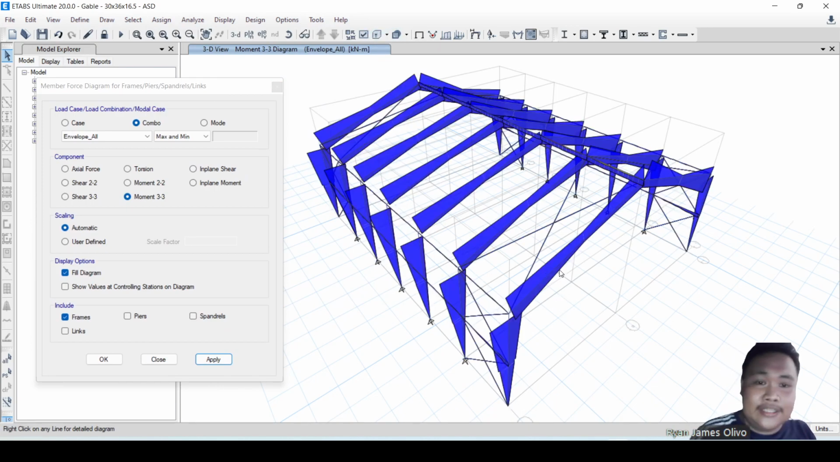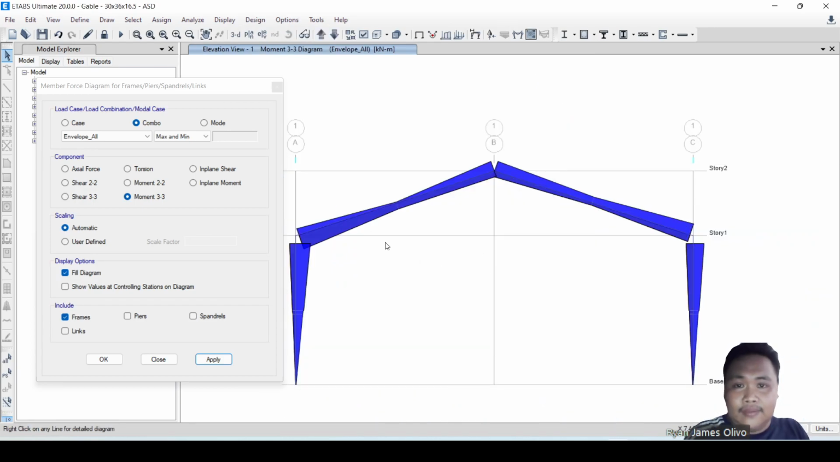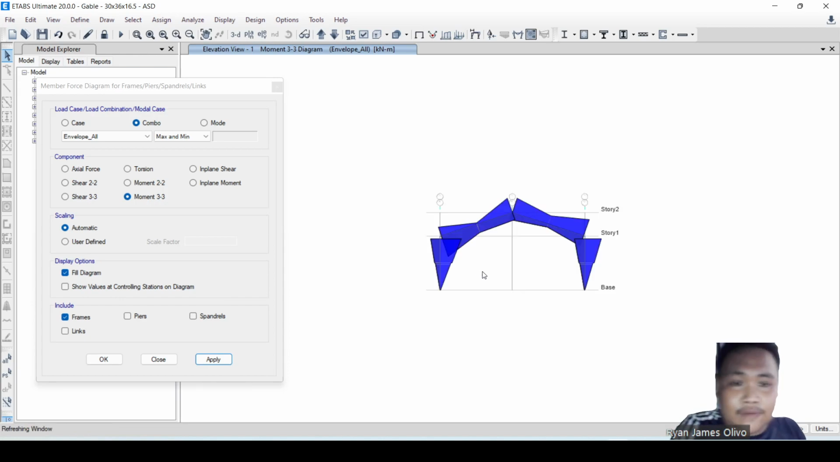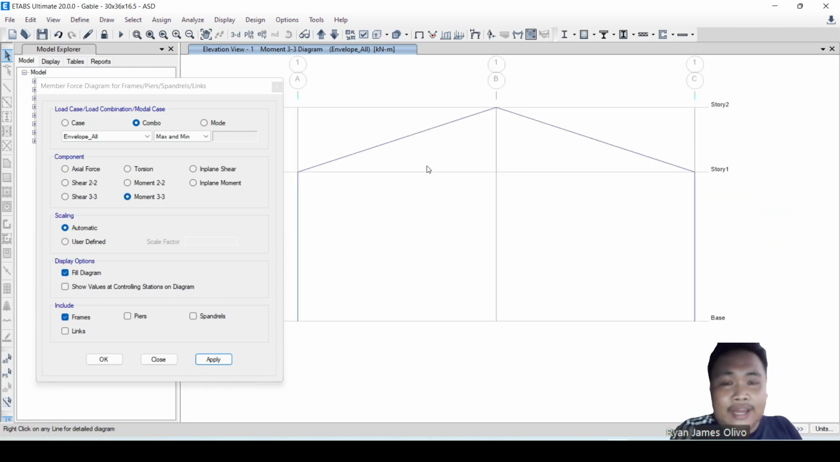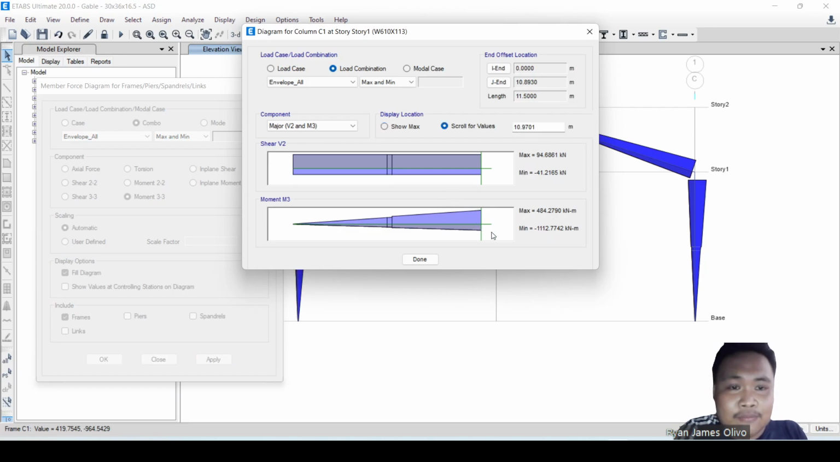Okay. For this beam and for this column, let's try. It's much better if we see the elevation view. Okay, this is the elevation view of the frame at grid 1. So for the maximum moment